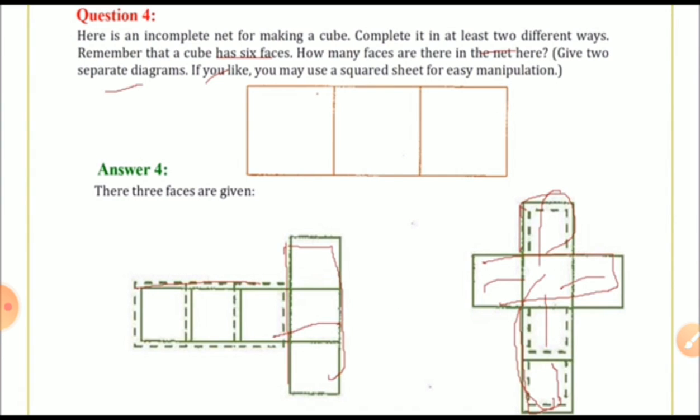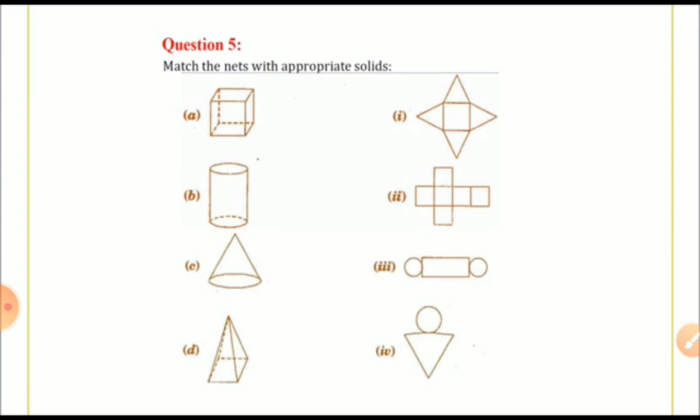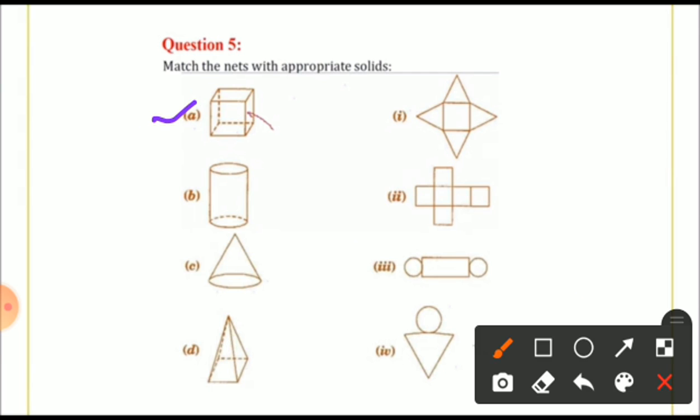Good. Now reopen it that way, what I just said, with the help of a drawing of violet color, and here is the red color. Question number 5. It's a very good question, my dear student. We already completed this in our introduction session. First is a cube, second one is a cylinder, third one is a cone, then a pyramid.